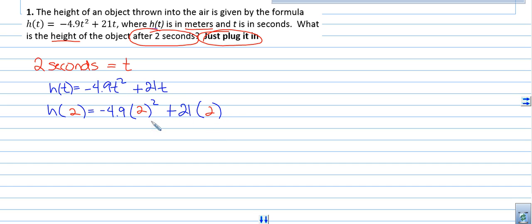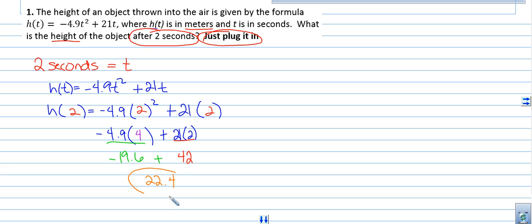And instead of writing t, I'm going to put 2 in all those spots. Where there was a t, I put a 2. Now we're going to multiply it out. 2 squared is 4, and that's times negative 4.9. Plus 21 times 2, which gives you 42. When you multiply this out, you should get negative 19.6 plus 42, and then these two will combine and give us